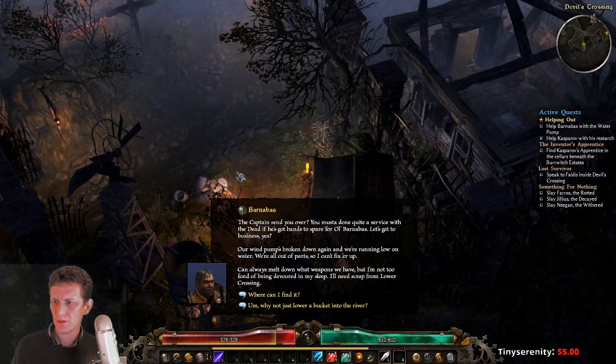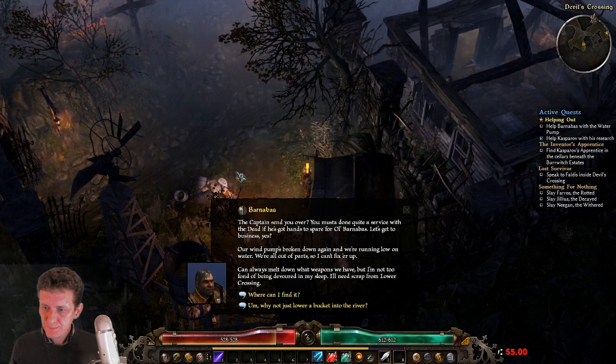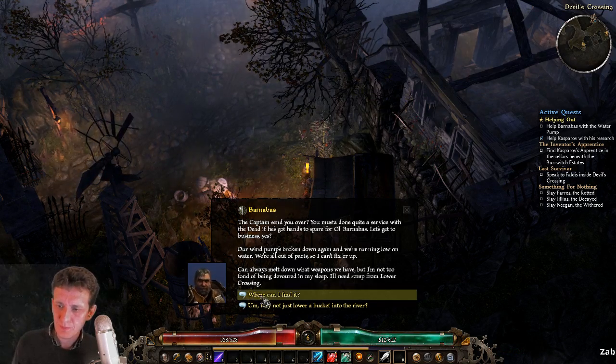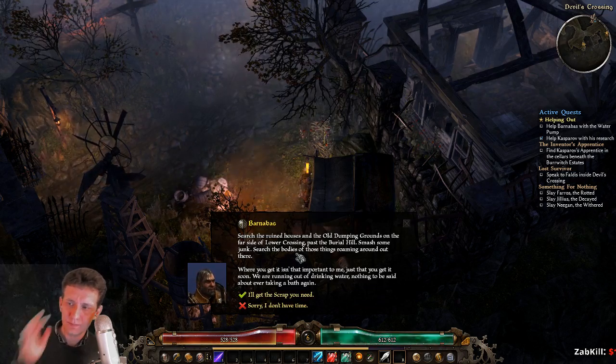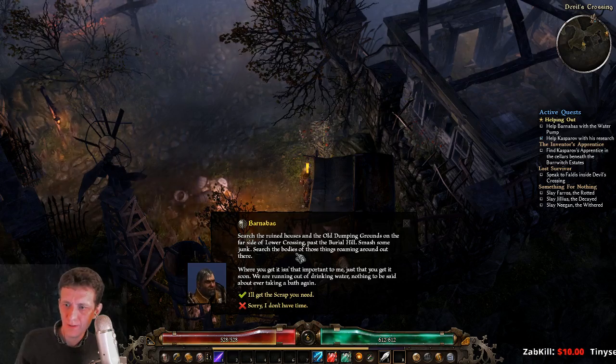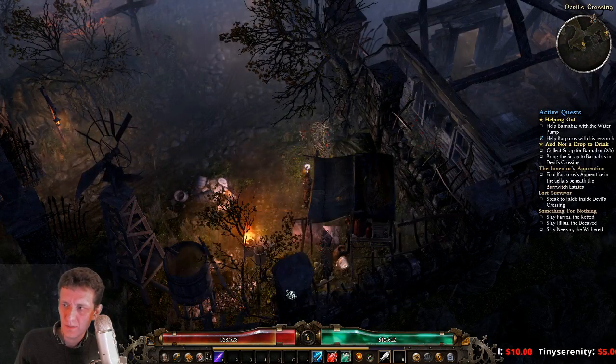Send you over? You must have done quite a service with the dead if he's got hands to spare for old Barnabas. Let's get to business, yeah? Search the ruined houses and the old dumping grounds on the far side of Lower Crossing. Past Burial Hill. Smash some junk. Search the bodies of those...